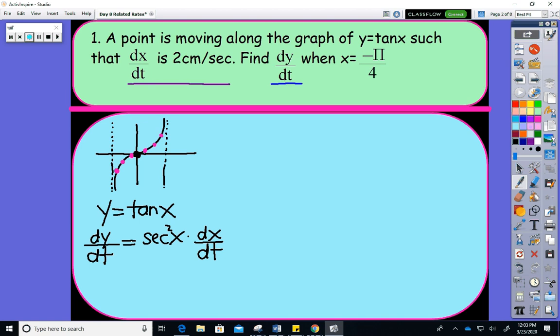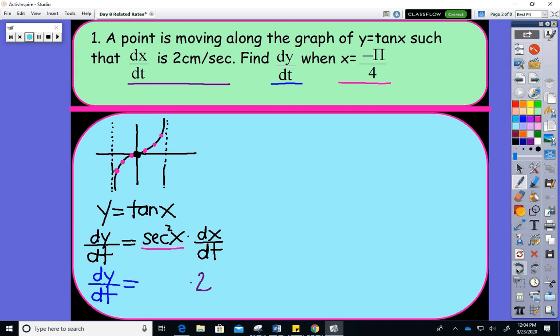So now what we do is we look back at the problem and we plug in what we can. Well, dy/dt is what I want, so I'm going to color code for just a minute because I've already underlined that in blue. dx/dt was given as 2 centimeters per second, so I'm just going to plug in 2 right there. Now, secant squared x, I need to do something with. But guys, it tells us x is negative pi over 4 at that moment in time. We're going to talk more about a general formula versus a time-specific formula. But at that moment in time, I'm going to say, oh, well, that's secant